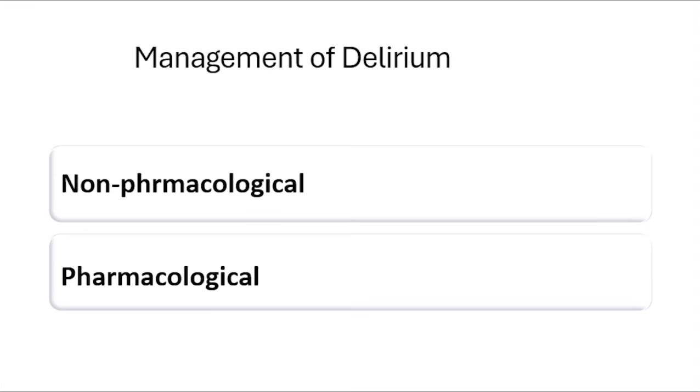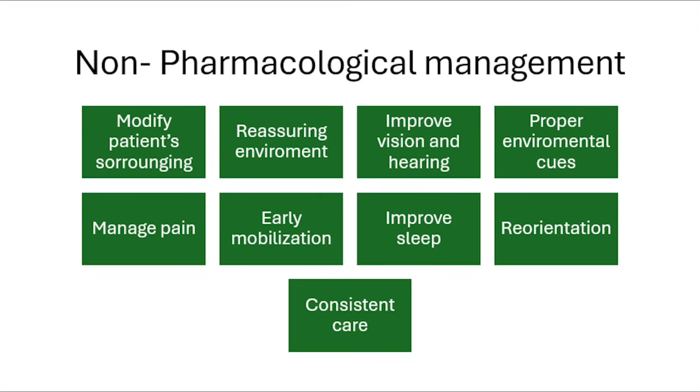In fact, pharmacological management can worsen the delirium. You know that in organic brain disorders, if you use antipsychotic medication, it can increase the risk of conditions like neuroleptic malignant syndrome and other things, right? That is something really important to understand. Use your pharmacological management sparingly, right? These are the most effective and evidence-based interventions for delirium. You can see that anyone can do these kinds of things, right?